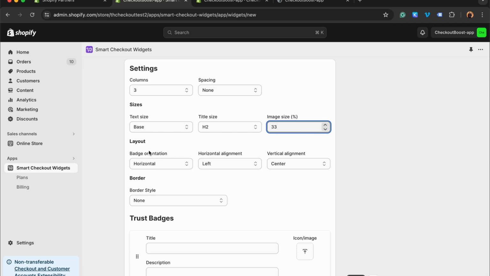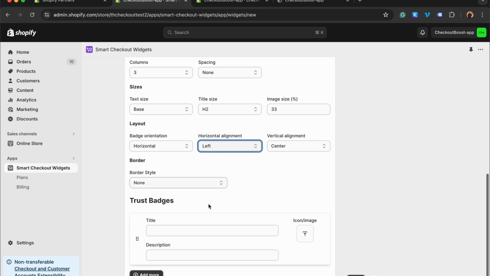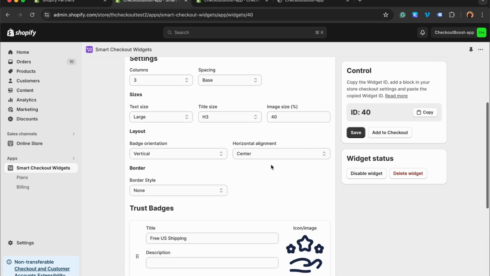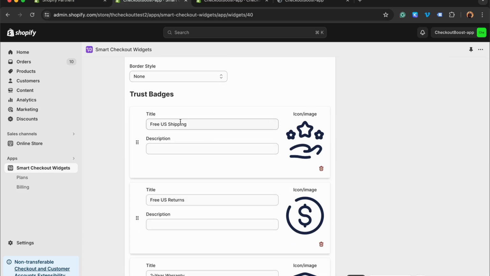You can also choose the layout, deciding whether you want the badge orientation to be horizontal or vertical, left aligned, or centered. There are quite a lot of options. You can also add a title and description. After all the settings have been customized and a bunch of badges have been added,